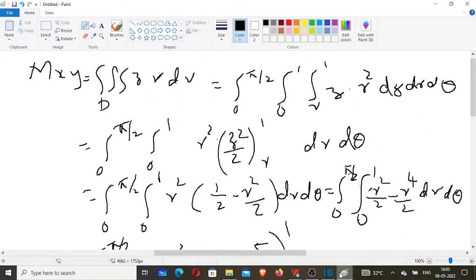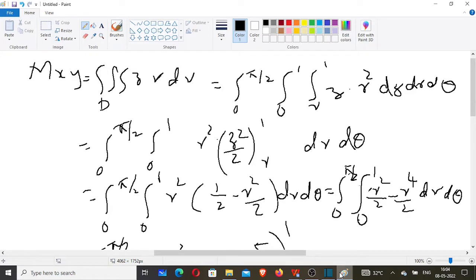To find the center of mass, we have to find the first moments mxy, myz and mxz. The expression of mxy is triple integral over z into rho dv. Rho is the density, z into rho is r. So when we convert this expression into cylindrical coordinates, we will get one more r in the integrand. So the equation becomes integral 0 to pi by 2, integral 0 to 1, integral r to 1, z